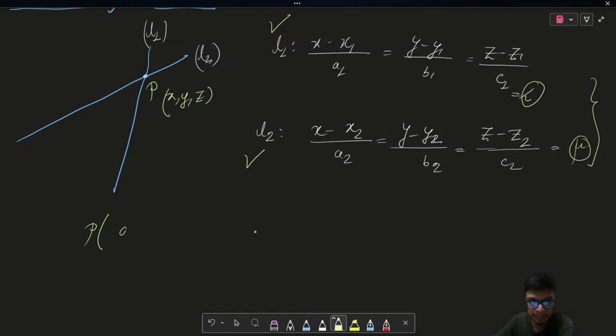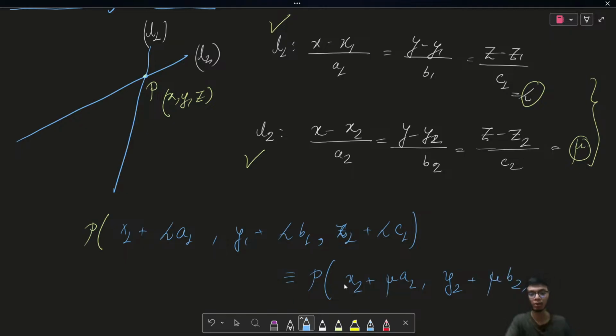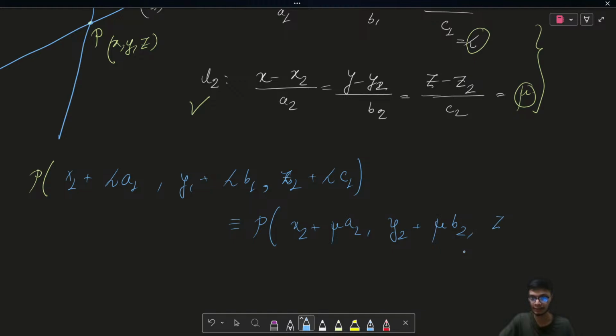So I can write point P as x1 plus lambda times a1, comma, y1 plus lambda times b1, comma, z1 plus lambda times c1, which will be the same as the point given as x2 plus mu times a2, y2 plus mu times b2, comma, z2 plus mu times c2. So this is how I will have this